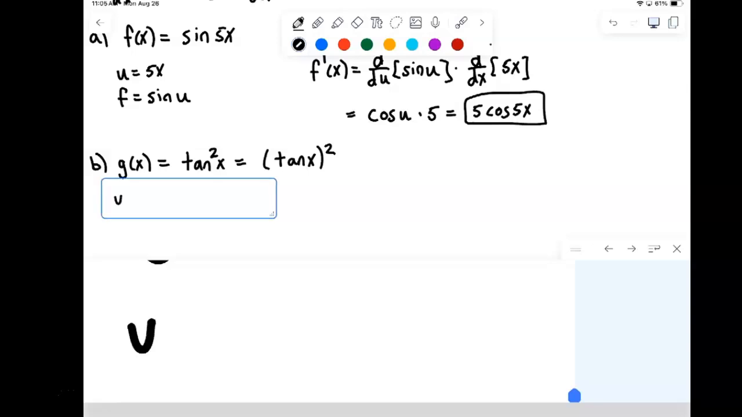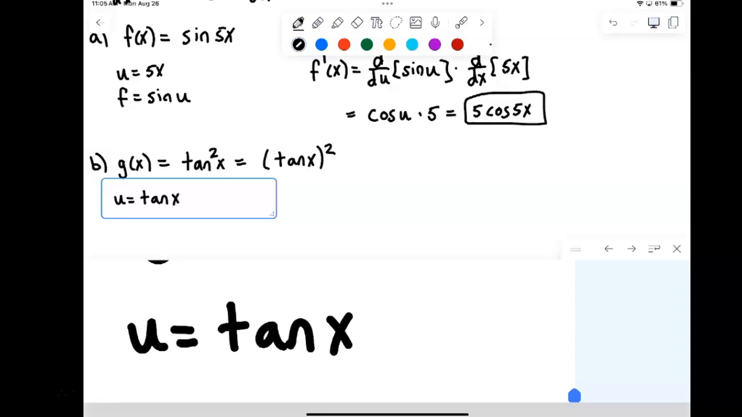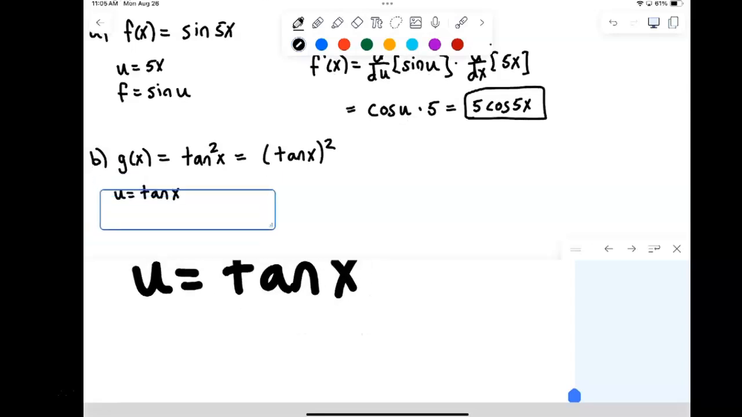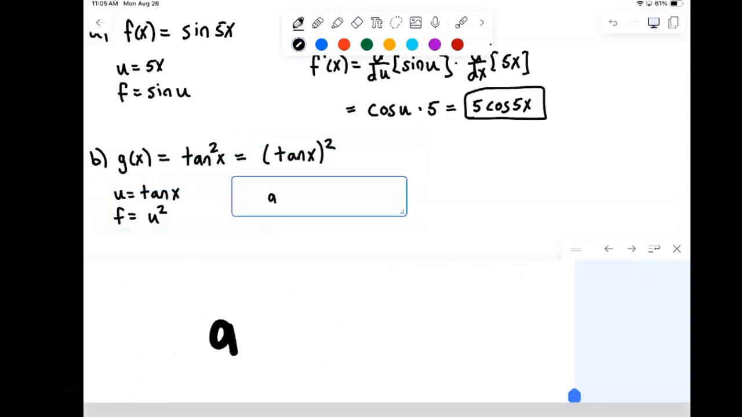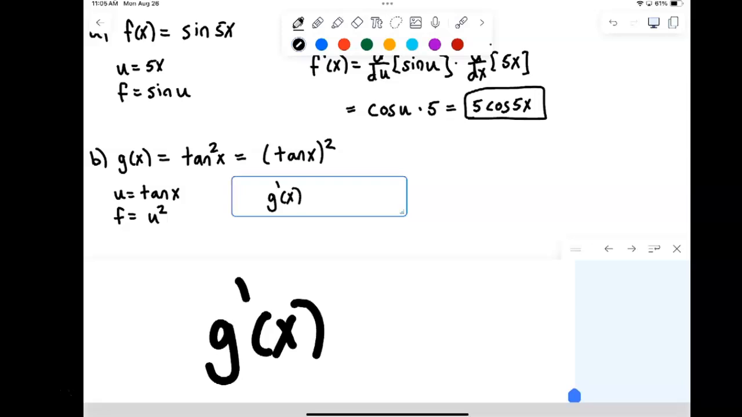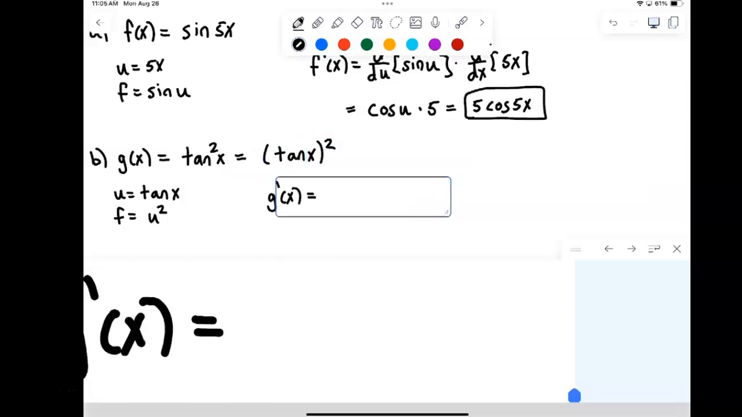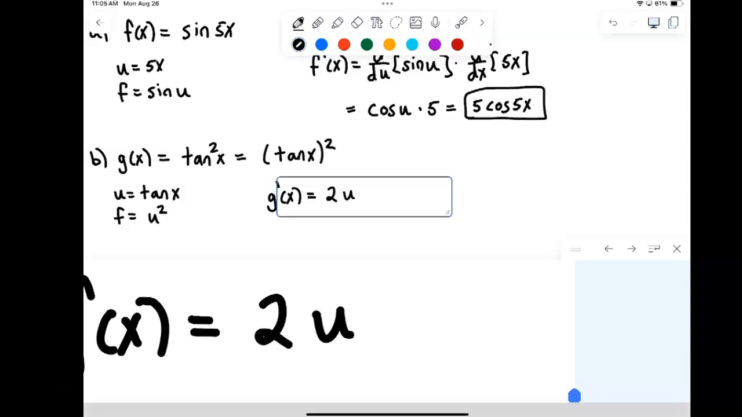Again, if you want to, you can take the time here to write that out. If you're comfortable doing these things without writing out as much detail as what I'm doing here, that is certainly fine. So the outer function here would be the squaring function. And so then we just do g prime. Right? It's the derivative of the outside function. So that would be 2u times the derivative of the inside function,